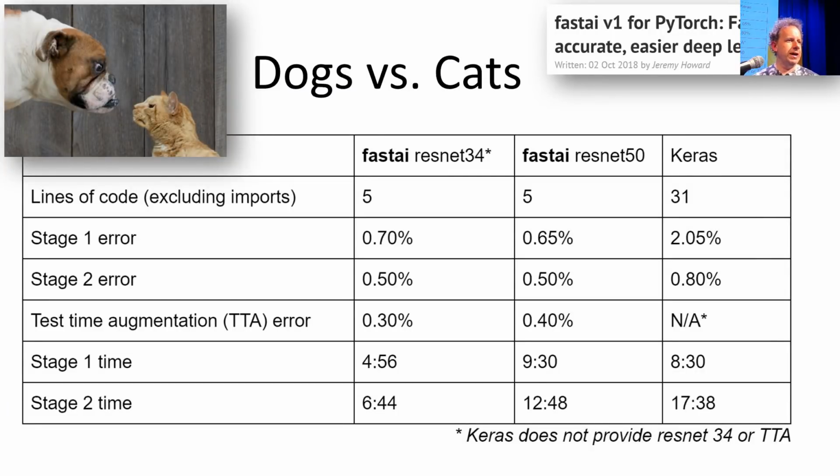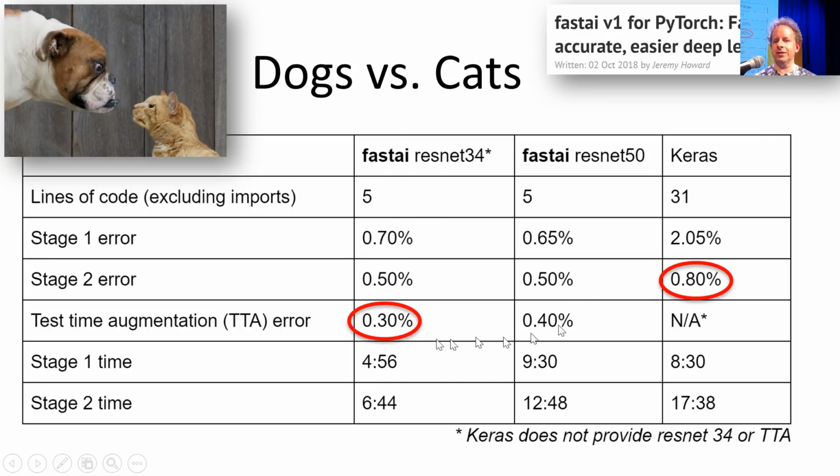So how does it compare? I mean, there's really only one major other piece of software like fastai that tries to make deep learning easy to use, and that's Keras. Keras is a really terrific piece of software. We actually used it for the previous courses until we switched to fastai. It runs on top of TensorFlow. It was kind of the gold standard for making deep learning easy to use before, but life is much easier with fastai. So if you look, for example, at last year's course exercise, which is getting dogs versus cats,